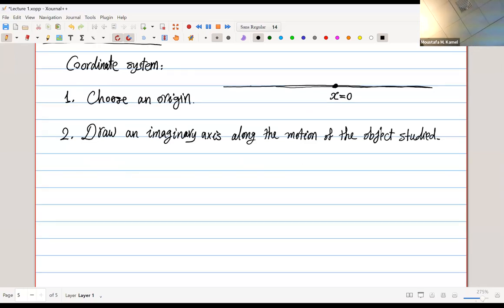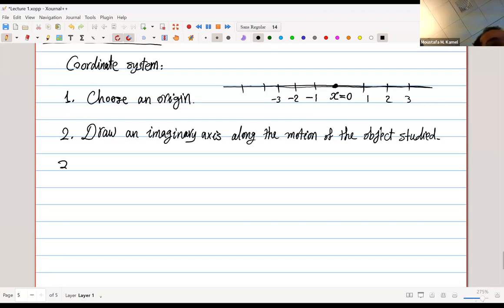Now this axis is like a ruler, okay? You mark it at equal positions. So 1, 2, 3, 4, and so on. So 1, 2, 3, -1, -2, -3, and so forth. With positive being on the right of the origin and negative being on the other side, which is the negative of the coordinates. Of course, you can switch that. This is arbitrary, but it is often the case that to the right is positive and to the left is negative.